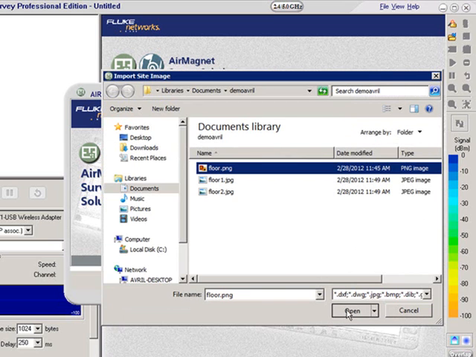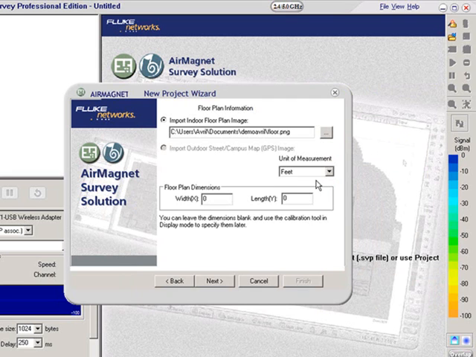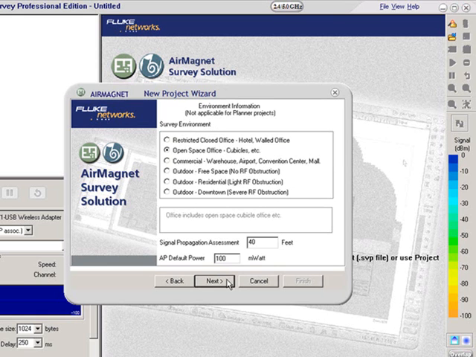Click Open. It's asking me now for the measurements. I can enter them now, or I can enter them later on. I can also change them if I need to. So we'll put in here a width of 80 feet and a length of 120 feet. Hit Next. Now it's asking me to define the type of environment, and this is the train signal headquarters,